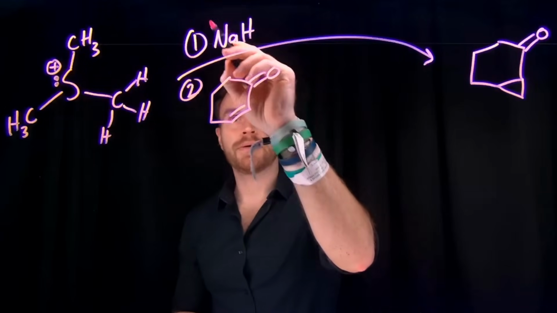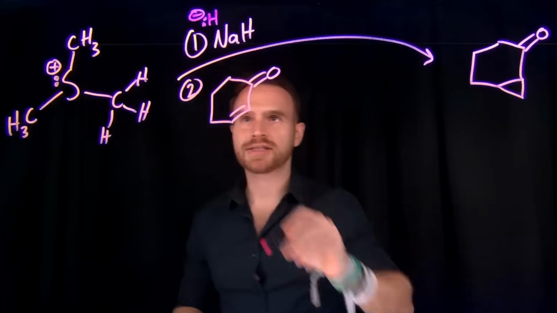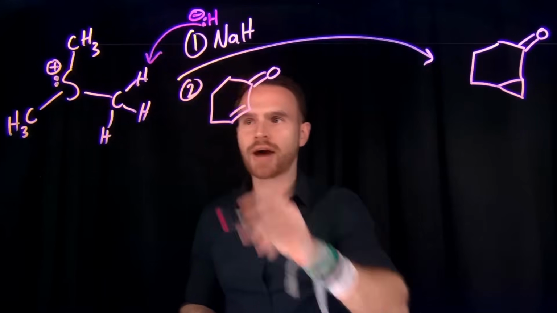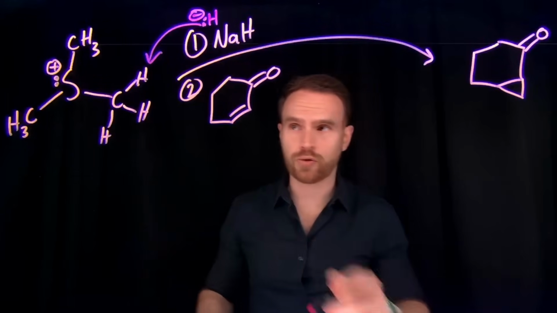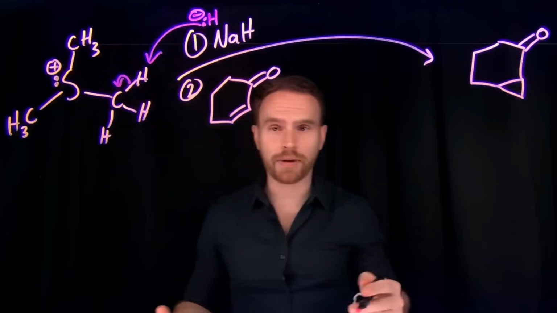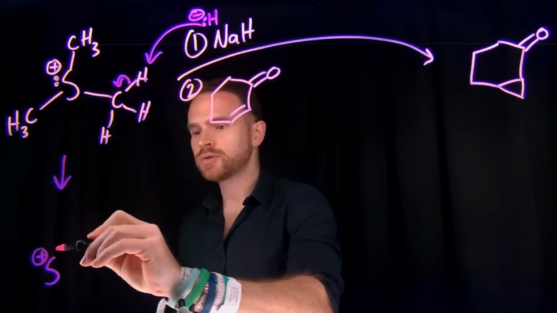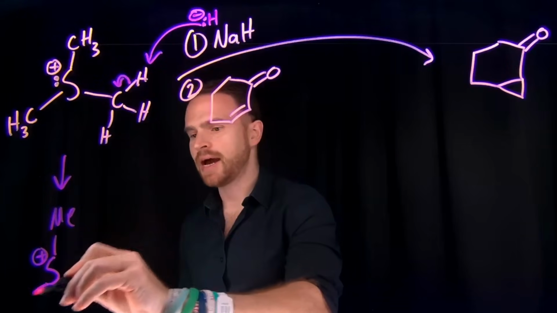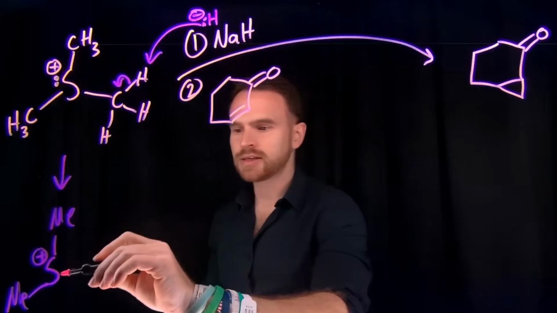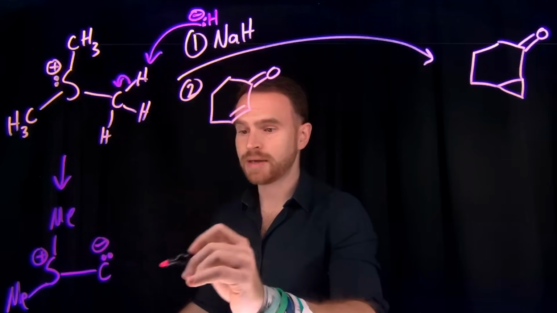So the first step, we can think of sodium hydride as really just a hydride source. So we can consider this to be H-. And it can come in and abstract one of the hydrogens located on one of those methyl groups, and the electrons contained in that carbon-hydrogen bond can just stay on carbon. And this ends up generating a very reactive intermediate that's not too dissimilar from ones that you've probably seen in the past. So I'll just draw in the rest of the groups as methyl instead of CH3, but those are equivalent. And here we have a carbon, which contains a lone pair of electrons, is going to be anionic,